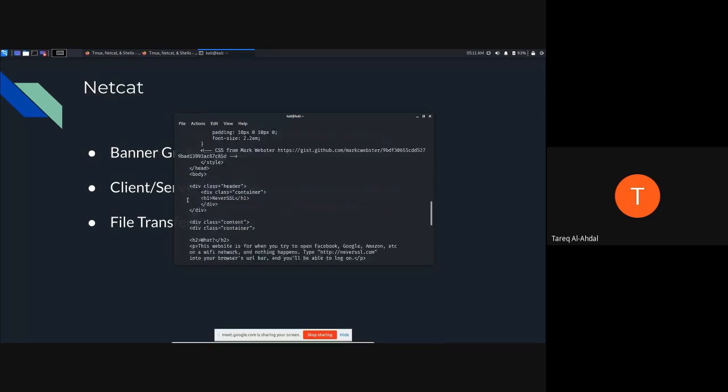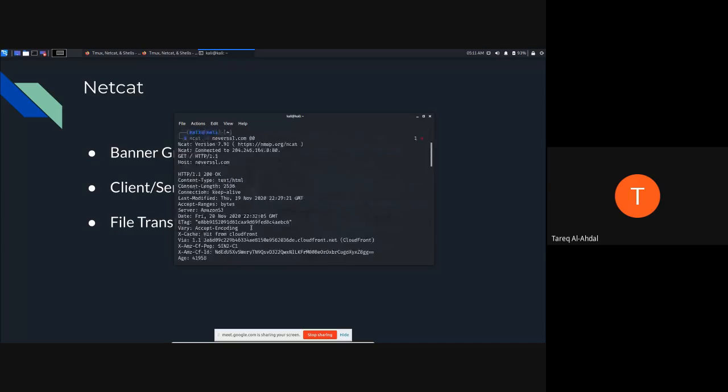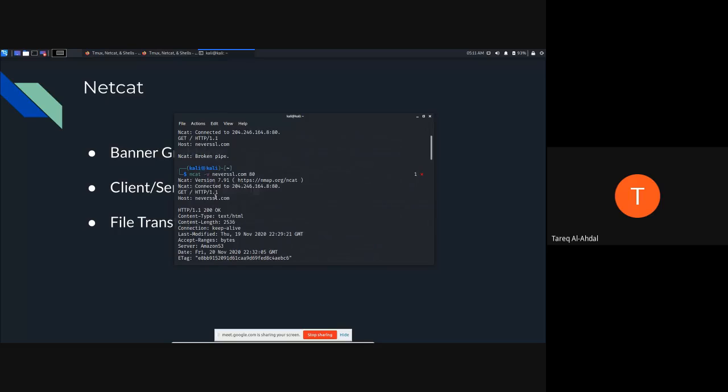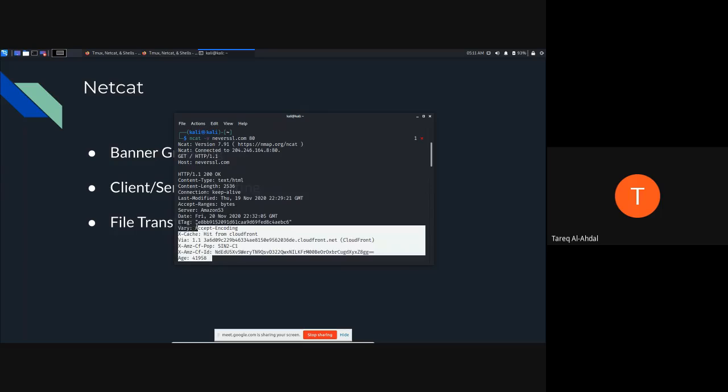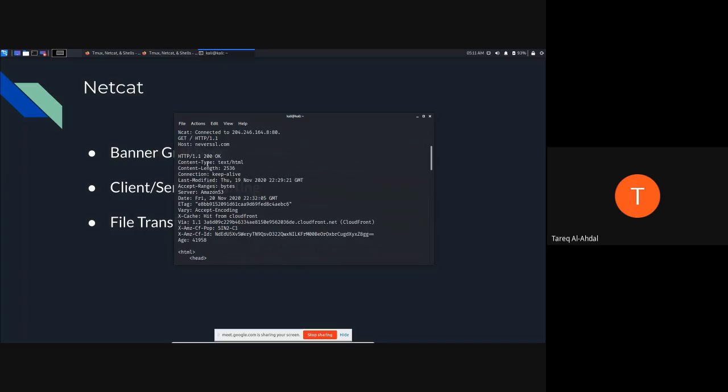Okay, so as you can see here now, this is the website itself, the content. What I've done here is initiate a connection with NetCat through the transport layer. Then I've added another request for the application layer to get the content of the website. So we could see here the website, the header of the HTTP request, and we could have valuable information from